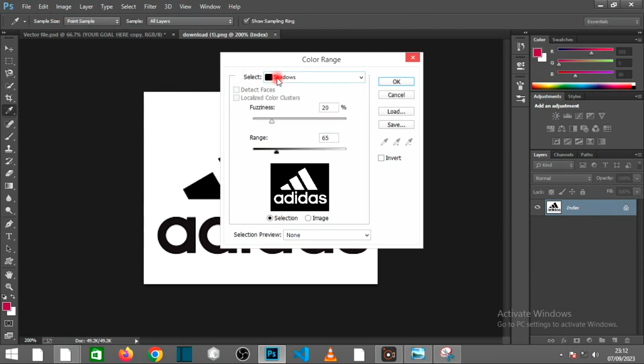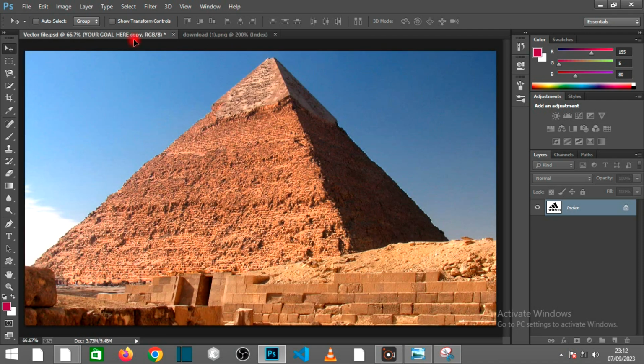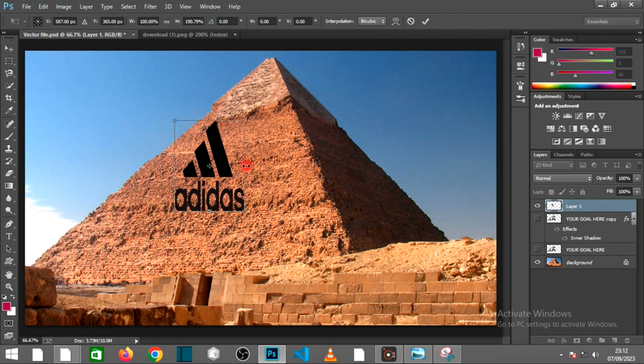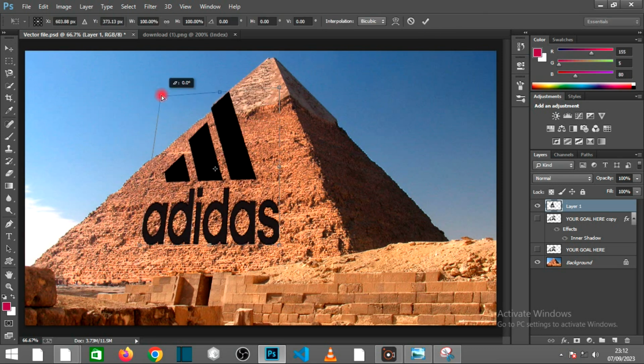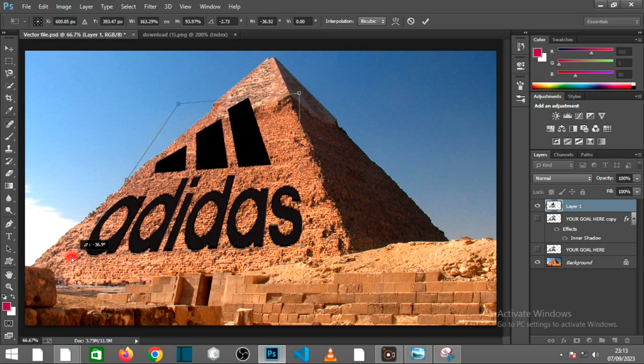Go to Select, then Color Range, then click on OK. Use the Move tool to move the text to the work path. Resize the text to overlap the pyramid. Hold Alt, then click on the corners of the text to make use of the Perspective tool, then continue to